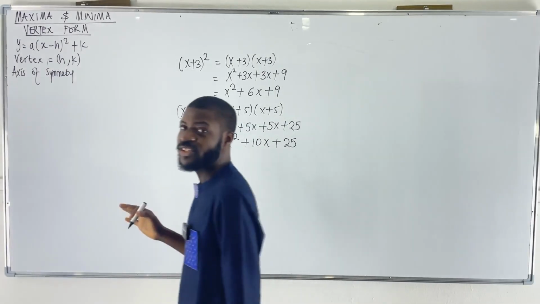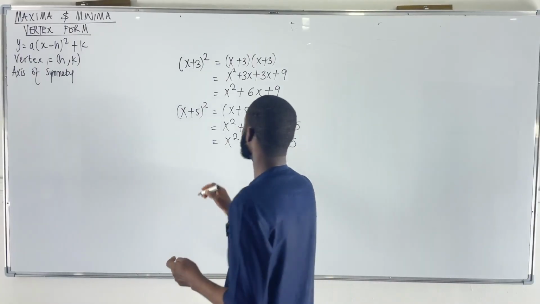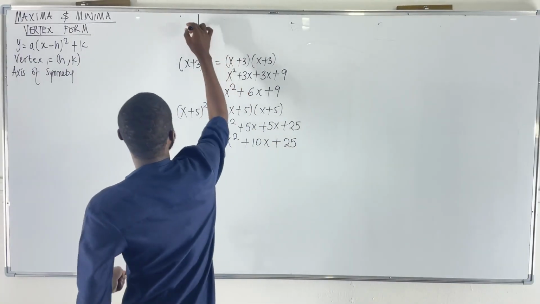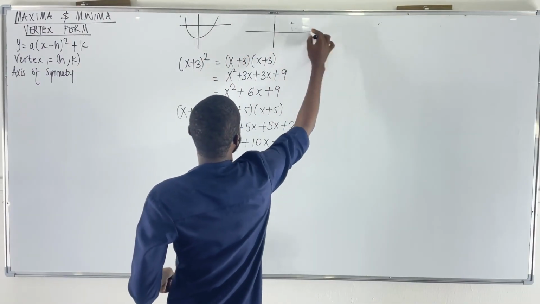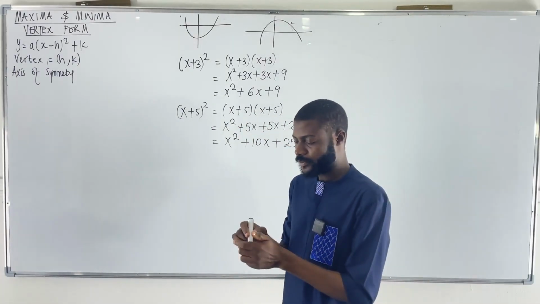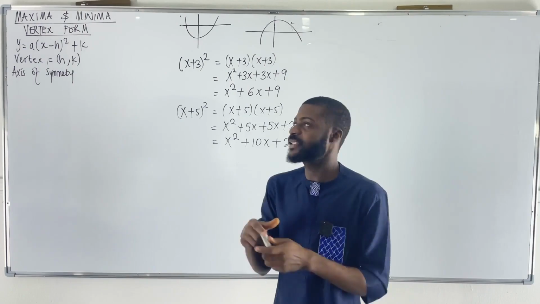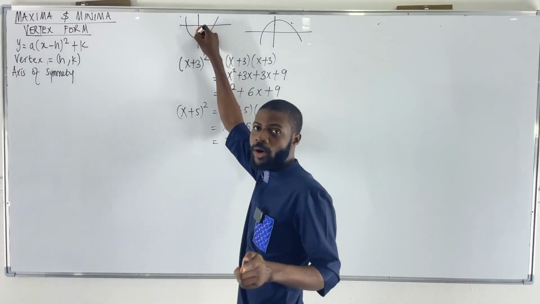Okay. Now, please remember, what is vertex? For a quadratic, take a look at this. Let me draw two graphs. Then let me draw this one too. Okay. Now, for a quadratic, that very point, where the graph is either minimum or maximum is